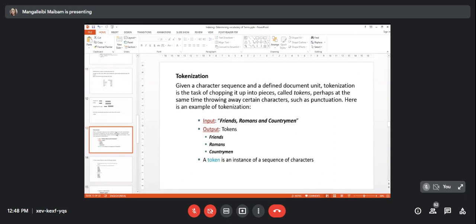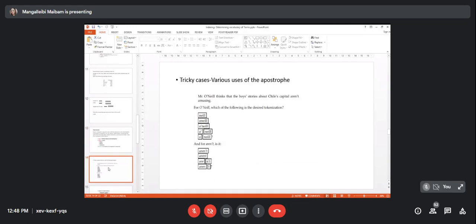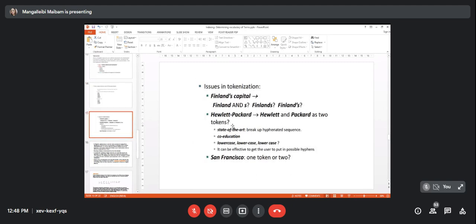Now coming to tokenization we have seen here. There are various issues which we come across when we perform tokenization. You can see apostrophe and you can see hyphenated words and all these words will be very confusing when we perform the tokenization operation. And even you can see here lowercase in this example, one is hyphenated, one is giving a white space and putting it all together. So all this lowercase